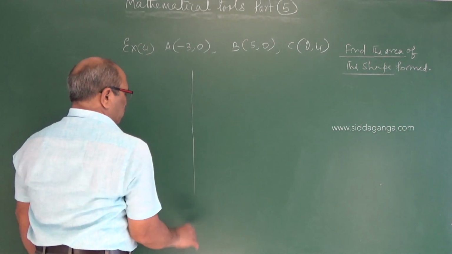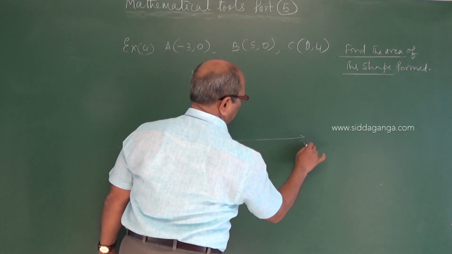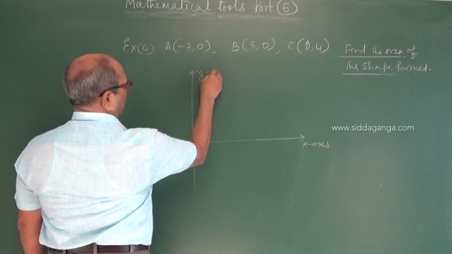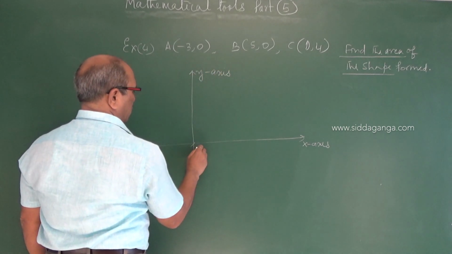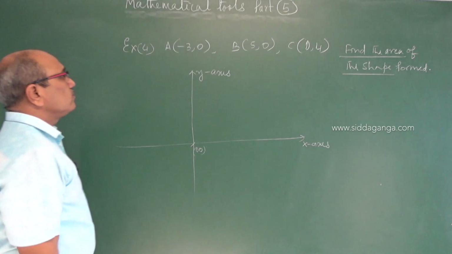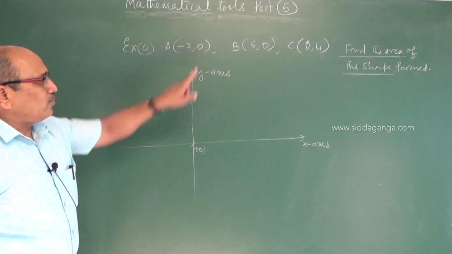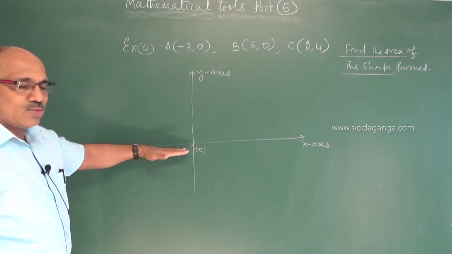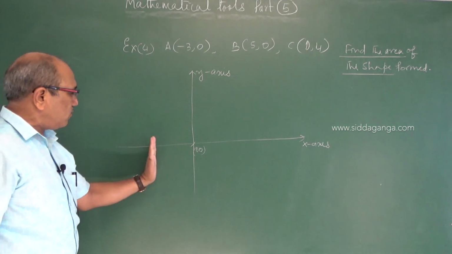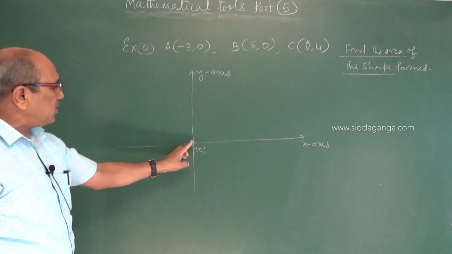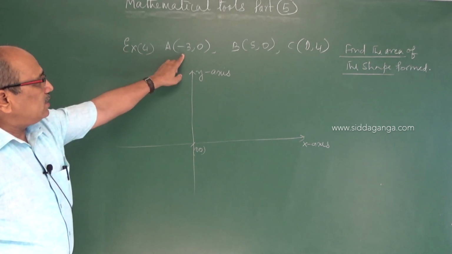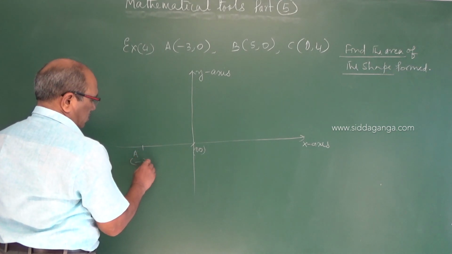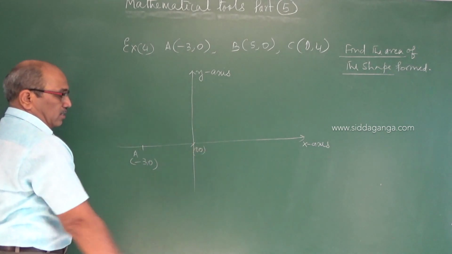So to locate the positions, we have to assign the x-axis, y-axis, and the origin 0, 0. Minus 3, 0: the 0 implies the particle is on the x-axis only, because the y coordinate is not varying. Parallel to y we do not move at all, we remain on the x-axis. But minus 3 says we are on the left side of the x-axis, the second quadrant.